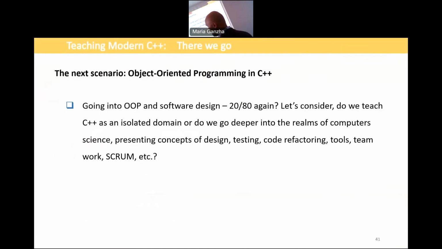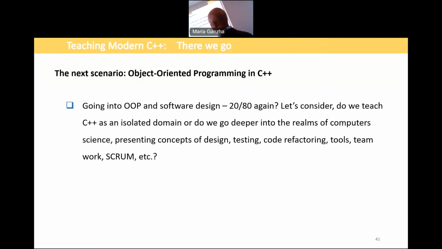And another step is adding more advanced. This is second semester object-oriented programming. So again, we can start with 20/80. So let's reflect on what will be the most important 20% at this stage, at this level of teaching. But we can also teach more.